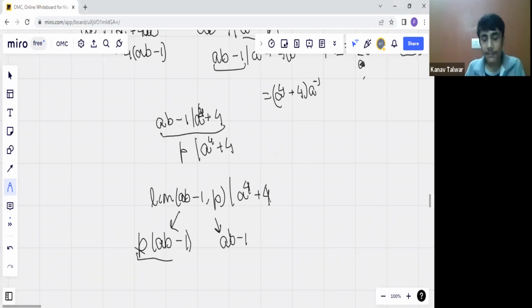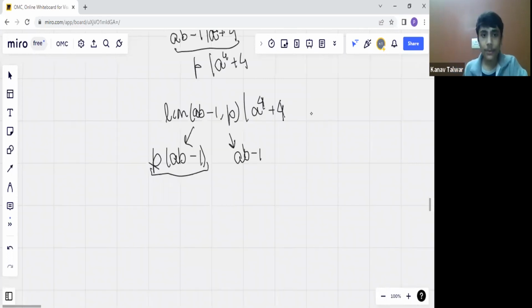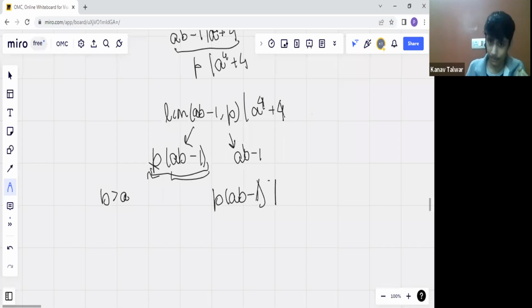So as in the chat, if the LCM is P times AB minus 1. So remember we had that B is greater than A. So this term is at least greater than A squared minus 1. And P is A squared plus 2A plus 2. So multiplying this is about larger than A to the 4. But if this divides something of the form A to the 4 plus 4, we should get some size issues. So just making this formal, if P times AB minus 1 divides A to the 4 plus 4,